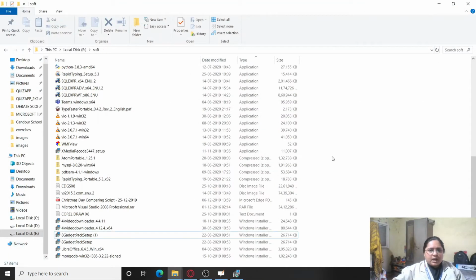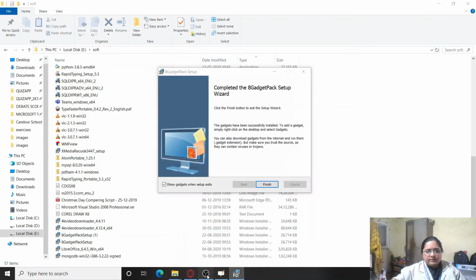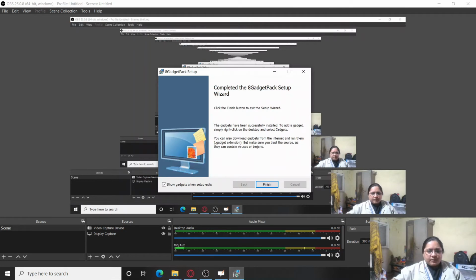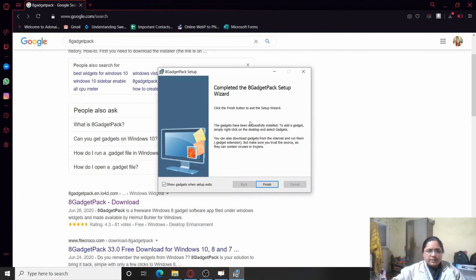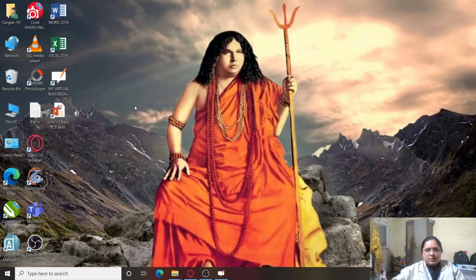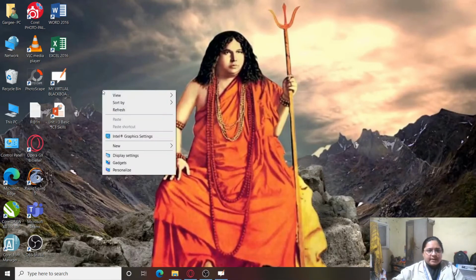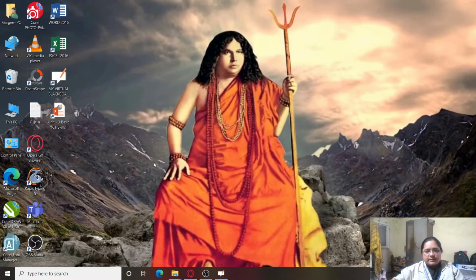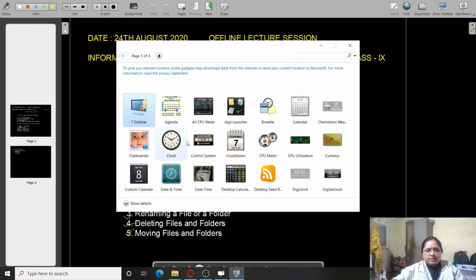So this is how I can already get access to the widgets. Now to check the widgets over here. So you can already see the widget has been installed. So I'm going to click on finish and this will automatically display the widget. So I'll go to my desktop and I will right click and you can see that gadget option has been added over here. If you click on the gadget option, you will get this gadget manager, and from here you